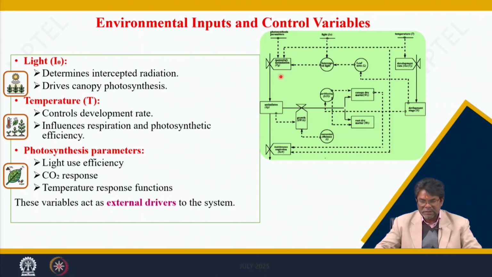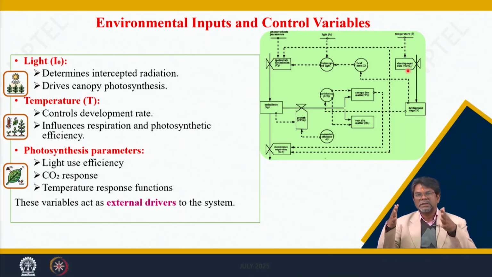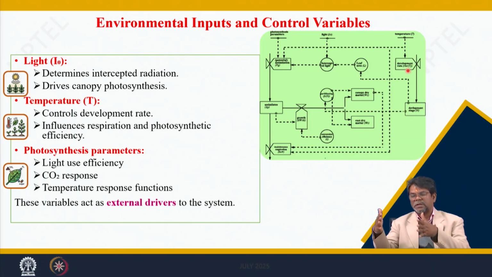Similarly, this is how the light is influencing here, and the temperature controls the developmental rate. Repeatedly I am explaining that radiation contributes to biomass accumulation and temperature contributes to crop development. That means biomass accumulation is growth. Radiation is the main weather parameter for the growth of the crop, and temperature influences the development of the crop. Growth and development are a continuous process, and they should go on, because proper growth and proper development lead to the optimum biomass production and so also the yield.